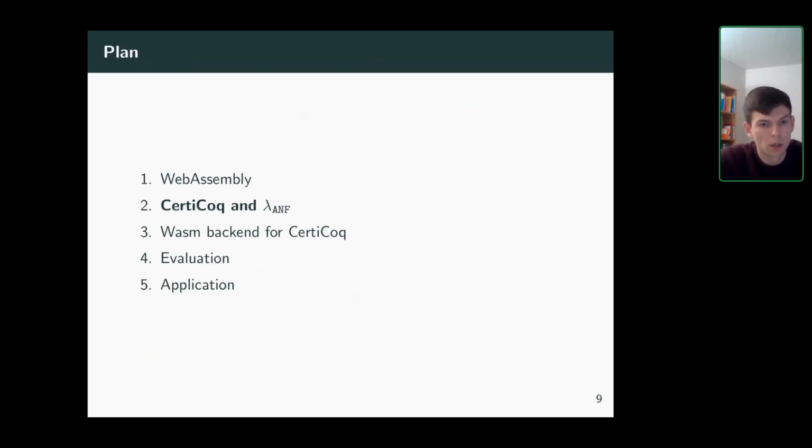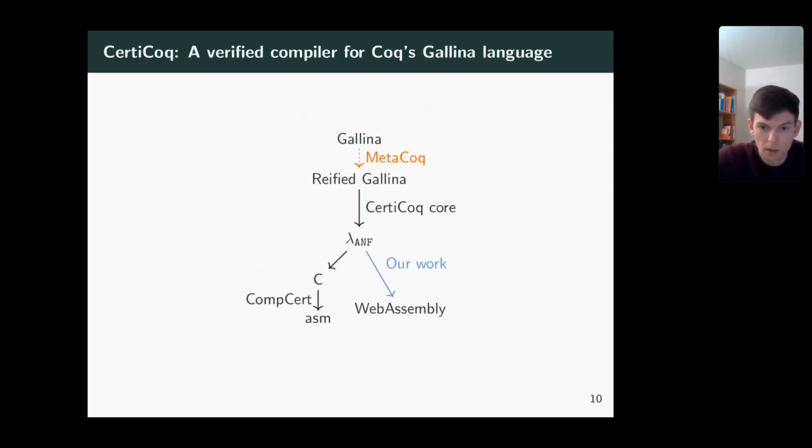Now some background on CertiCoq and the lambda intermediate language. As the name of our paper suggests, our work builds on CertiCoq, and in this figure I'm showing you a simplified version of the CertiCoq pipeline. CertiCoq comes as a Coq plugin, so we start at the top with the original Gallina program. That is then reified into the Coq AST that is part of the MetaCoq project, and then follow various steps,